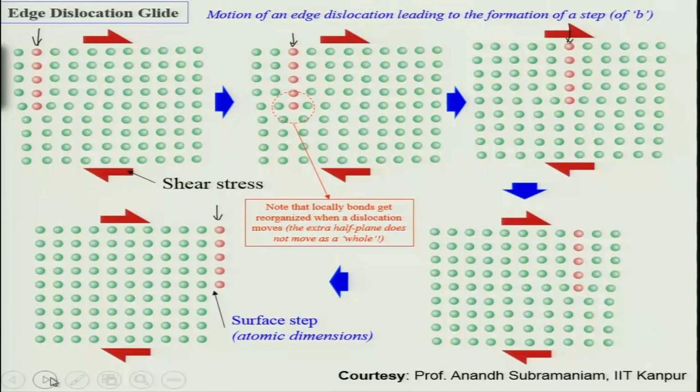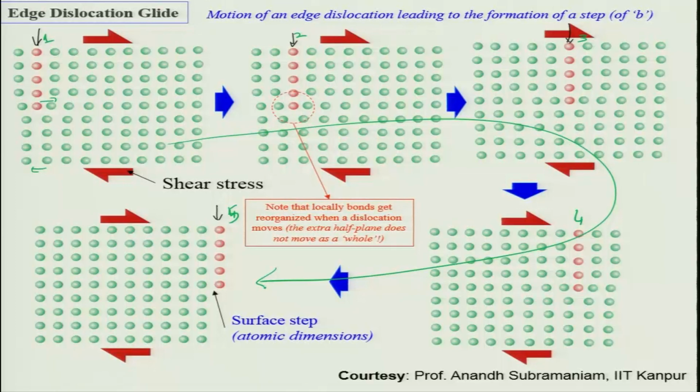So, how does a dislocation move? Basically, the motion of a dislocation leads to the formation of a step. Let us say you have this extra row of atoms here. When you apply shear stress, this extra row moves to the next one. So, this row goes in this fashion, this will come forward. It moves to position 1, position 2, then position 3. It goes to position 4, which is the step. So, it creates a characteristic step, and then it goes to position 5, creating a surface step.